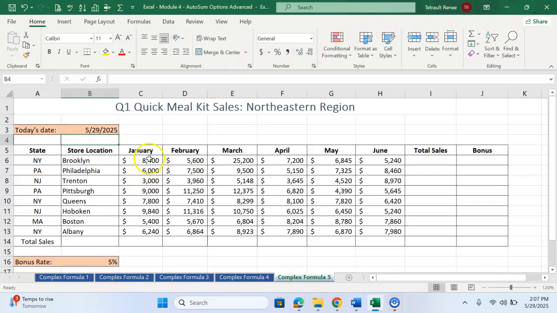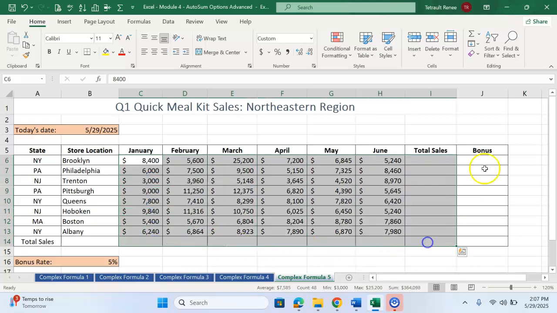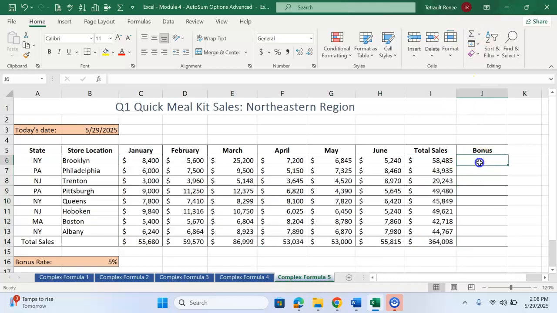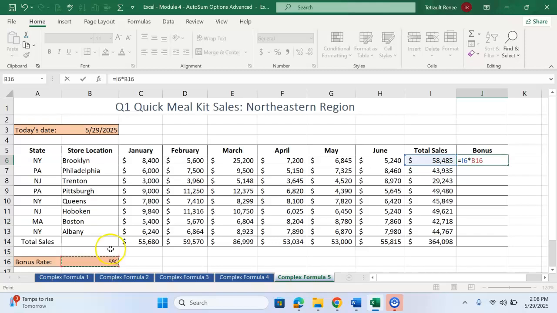And this one I'm going to go ahead and use the shortcut. So I'm going to select everything all the way to I, leave bonus alone, and AutoSum. So the bonus is going to be 5% based on the total sales. So the formula is equals, I'm going to press my left arrow, multiply, and the bonus is 5% and it's sitting in B16. Now the bonus is always in B16, so I'm just going to show you what happens if